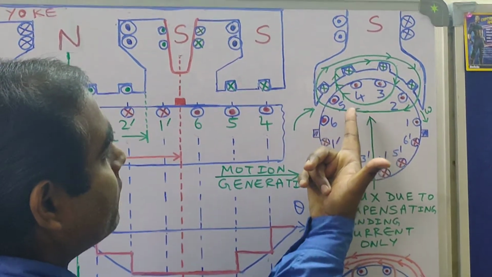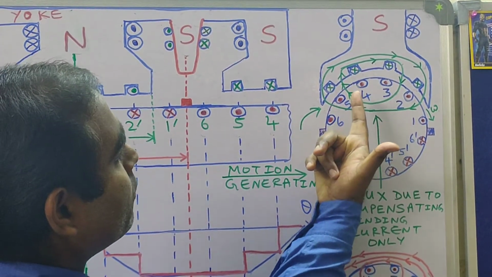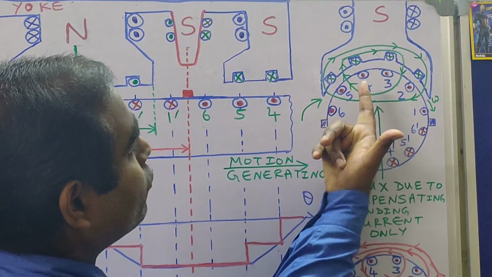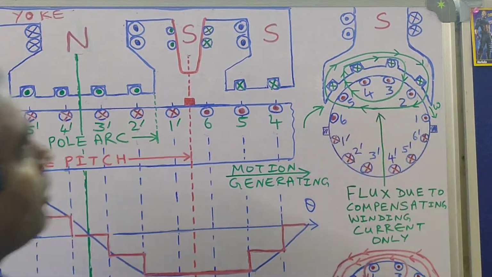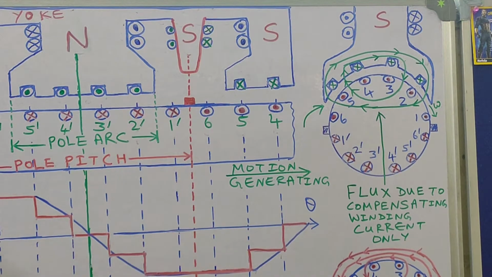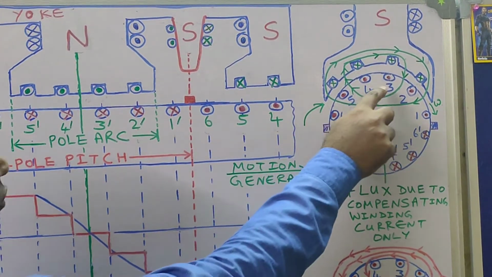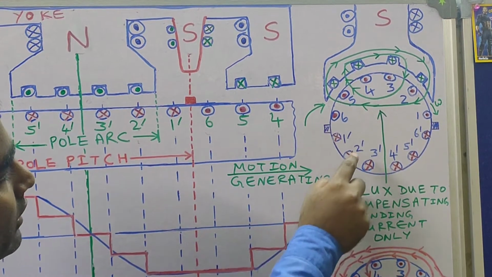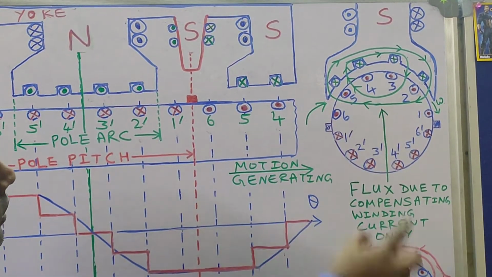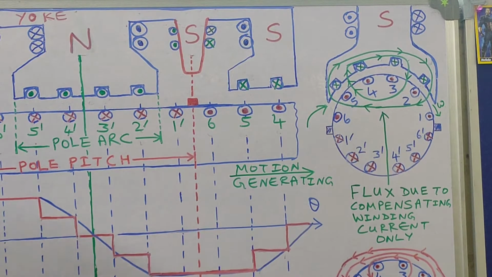For the south pole, lines of flux should enter the pole face. So the index finger of the right hand is pointing towards the south pole. You see here the middle finger is coming out of the board. So this is dot. Now once you find that the induced EMF polarity for conductors 4 and 3 is dot, obviously for conductors number 6, 5 and conductors number 2, 1 it will also be dot, because all of them are under the influence of the south pole.